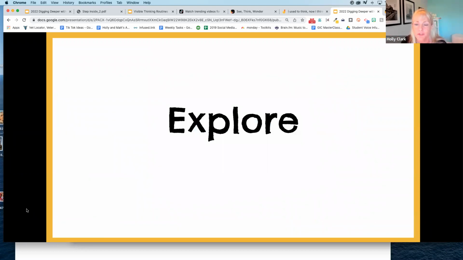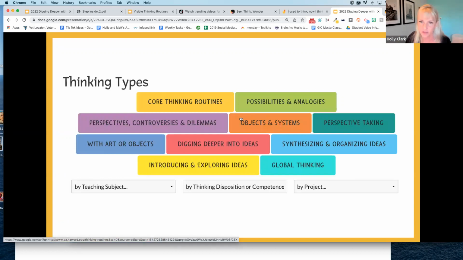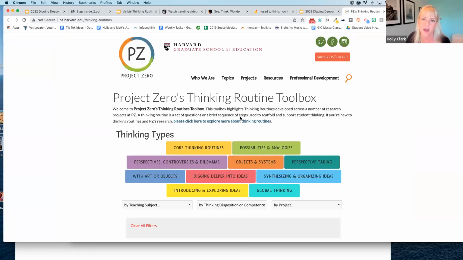So the first thing that we need to help teachers understand that students need to do is explore. Before I jump in and start talking about visible thinking, because some of you know stuff, some of you don't, we're all going to take 5 minutes to explore this one site. For those of you who may not have gone to the site or who have gone to the site, it's been revamped in the last 4 months. And it's also a great site to share with teachers, to have them understand visible thinking. So I'm going to go to this slide, and if I click on it, it's going to open it. And I want to show you really quickly how it works.